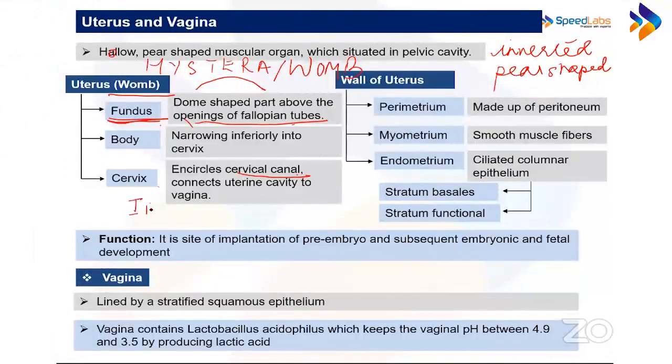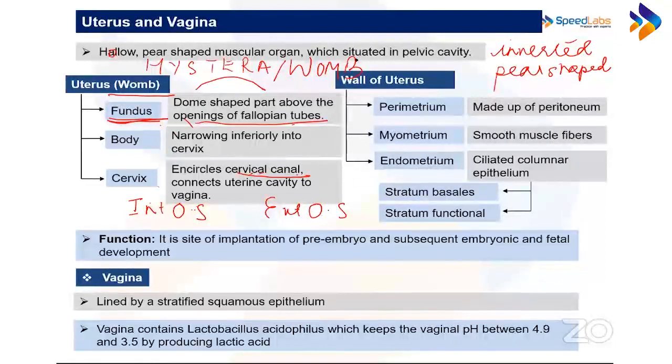So by the internal OS, the cervical canal opens into the uterus, and by the external OS, it opens into the vagina. These are like openings. So coming to the parts of the uterus once again,